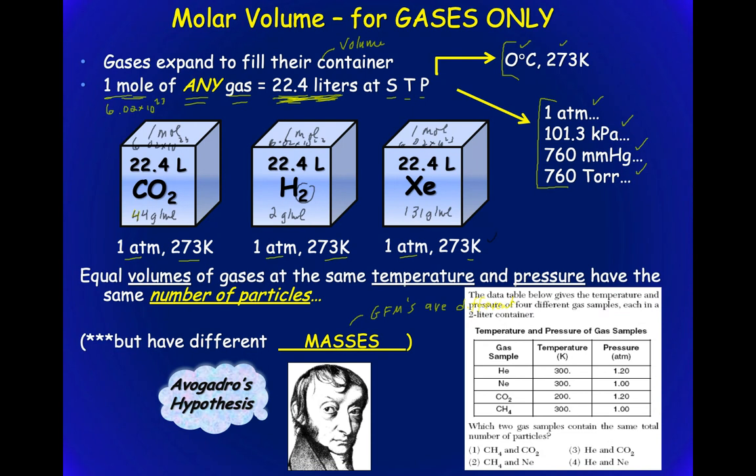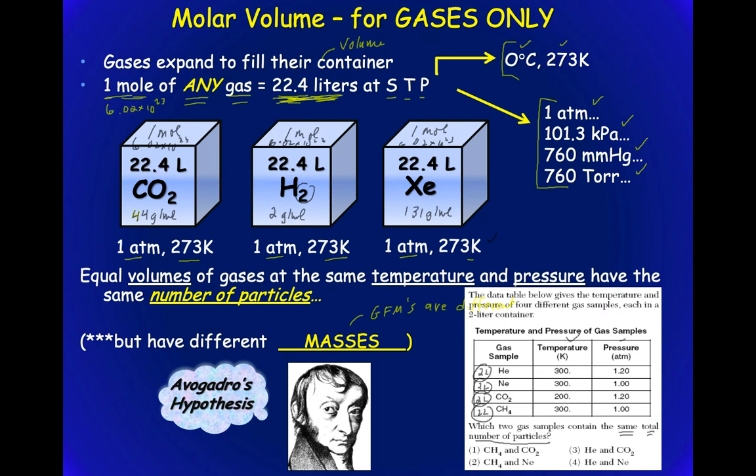Okay, so again, this is 2 liters, this is 2 liters, this is 2 liters, and this is 2 liters. All right, so we know that the only way, it says which 2 gas samples contain the same total number of particles. Well, if we know the volume is the same for all of them, well, Avogadro's hypothesis says that if you're going to have the same number of particles, you must also have the same temperature and the same